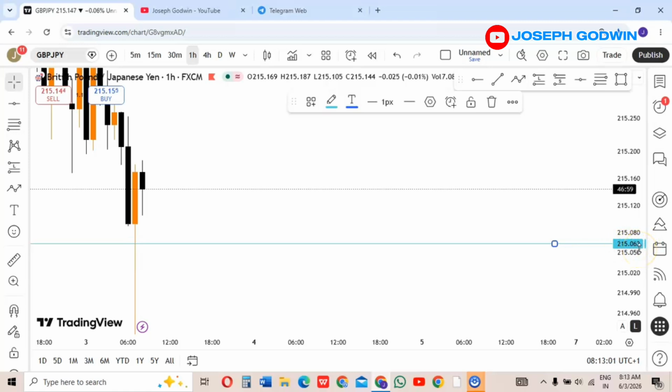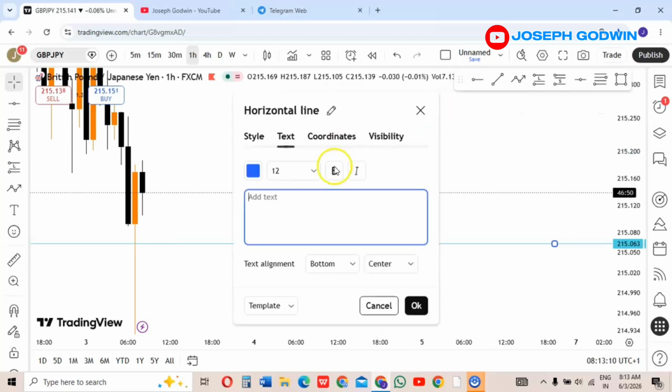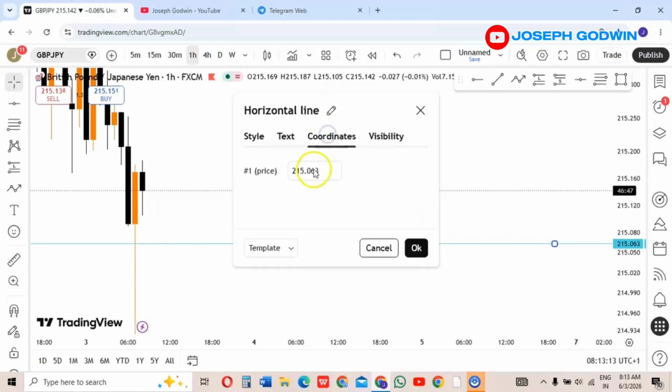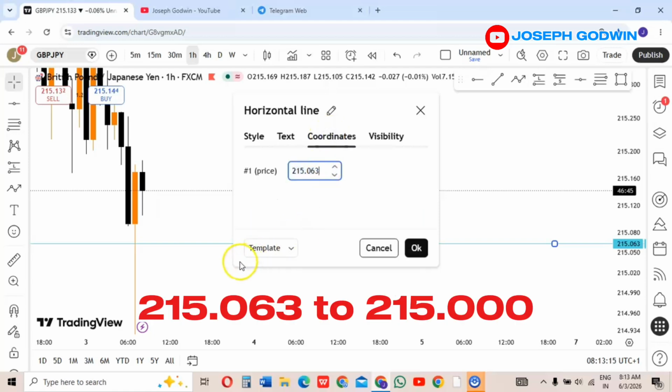215.063. Now I want to change this to a round number by just saying 215. Let's edit it. This is how you can basically edit it. See this setting icon here. You press that setting icon and it will pop up. Then go to coordinates, then edit the number from